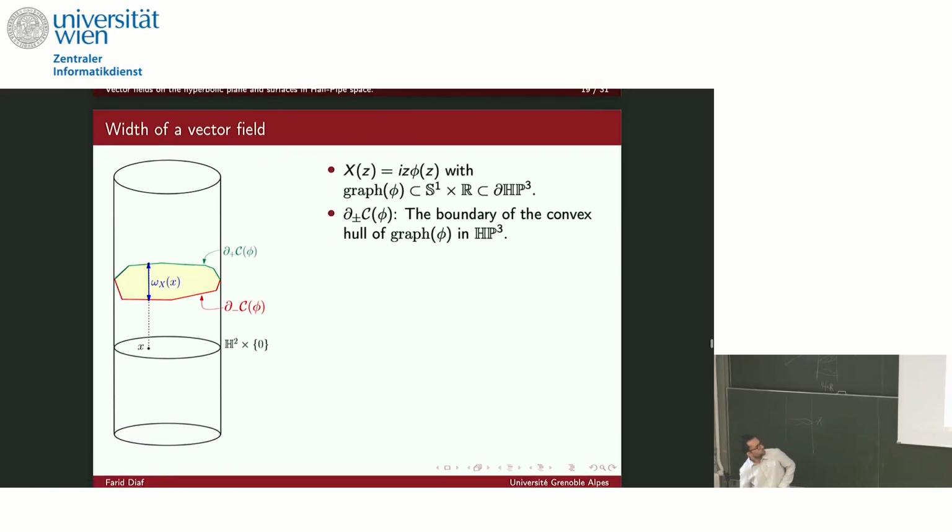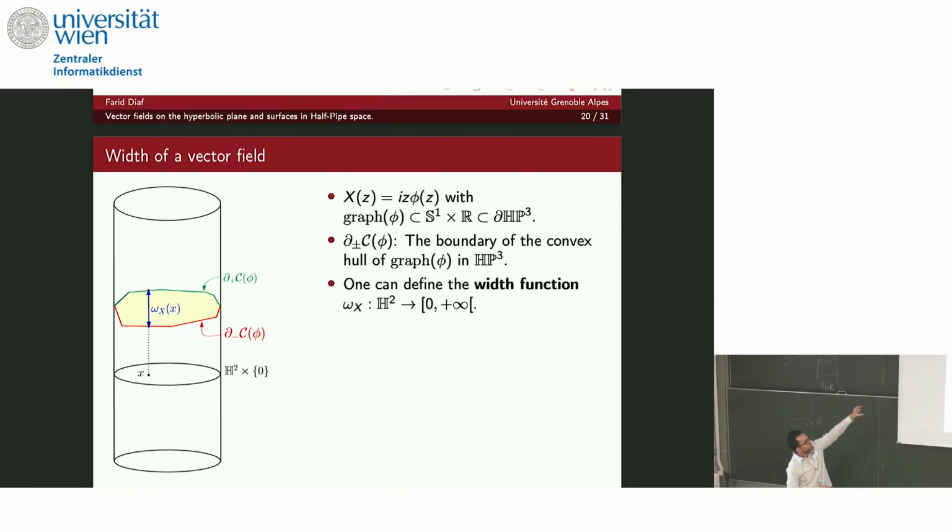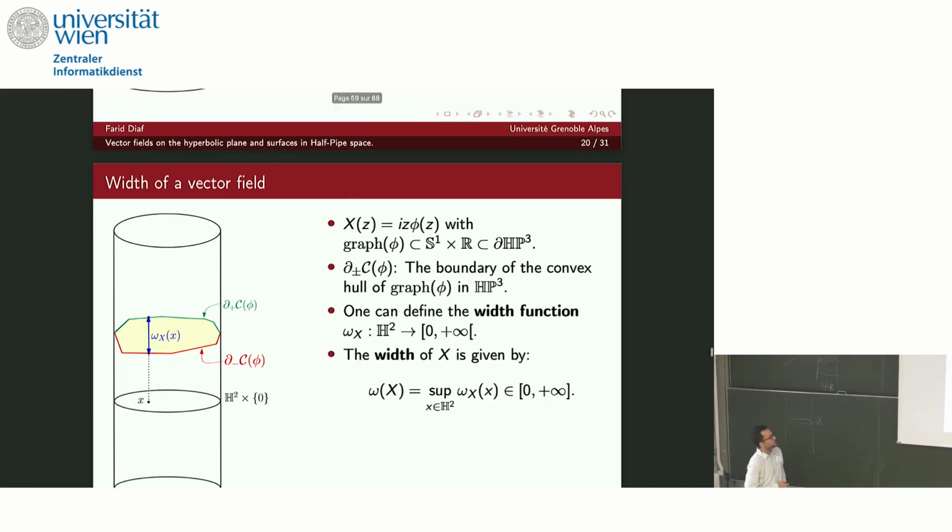So the width somehow measures the distance. You take a point x, and then w(x) is called the width function. It measures somehow the distance between these 2 points. But it's not a Euclidean distance because we want to define a number which is invariant by the group action of Minkowski space. So the way it is defined is that,